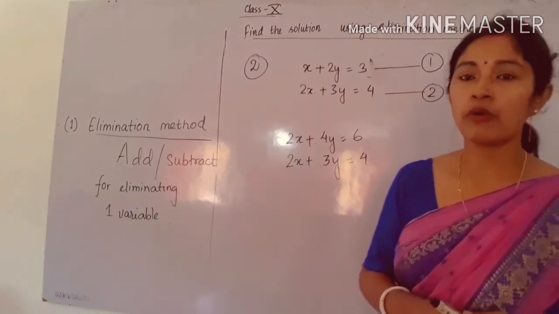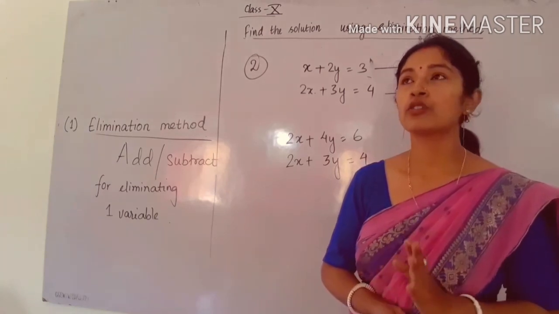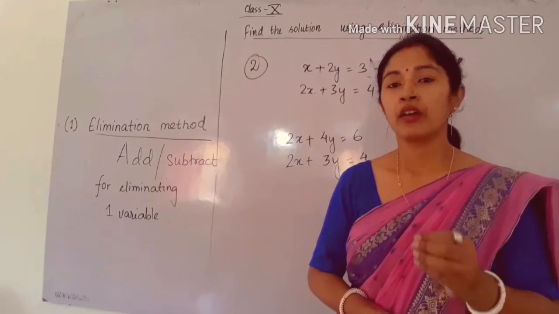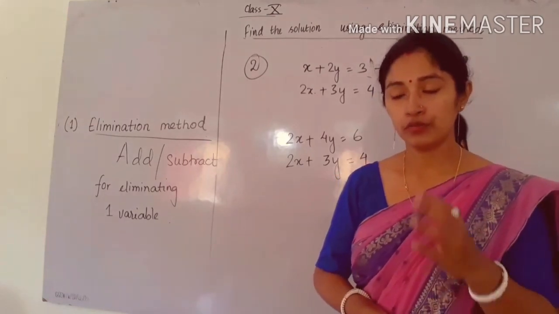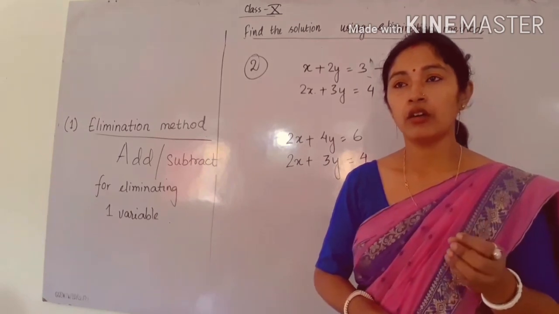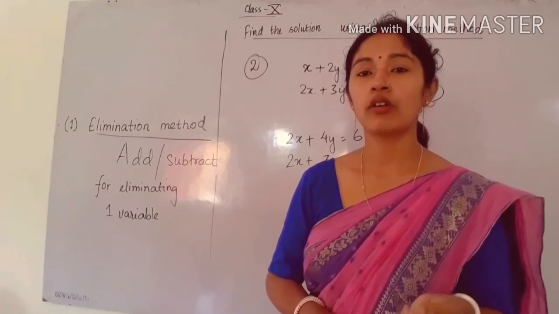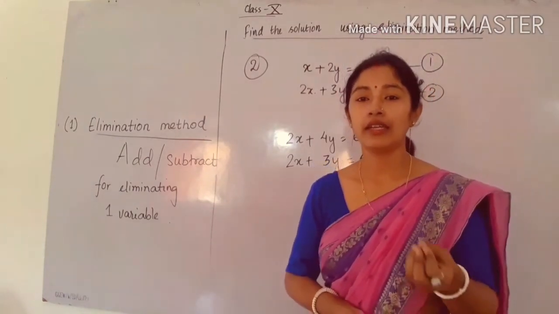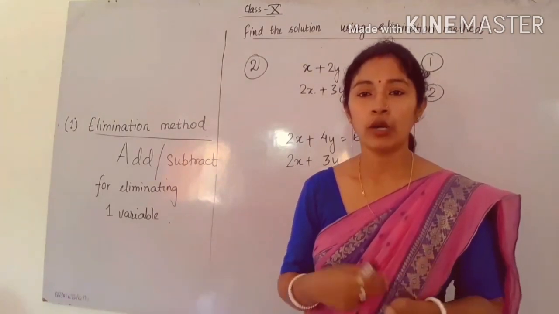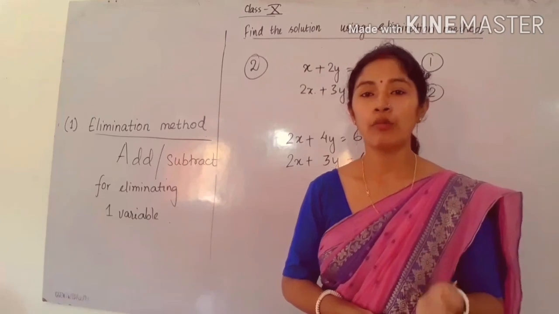So this is all about today. Try to do the exercise questions. Try first of all solve the second exercise. In second exercise you don't have to find the solution. In second exercise you have to see that the lines are intersecting or not. You have to check that lines are intersecting or not, they are coincident or not. Are the solutions common or not?